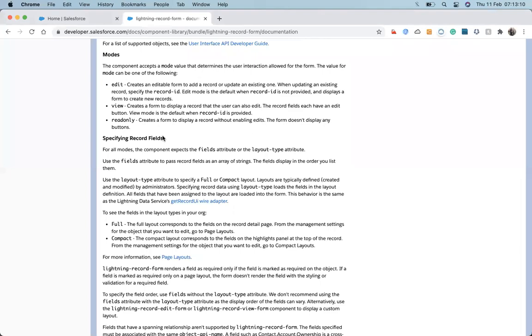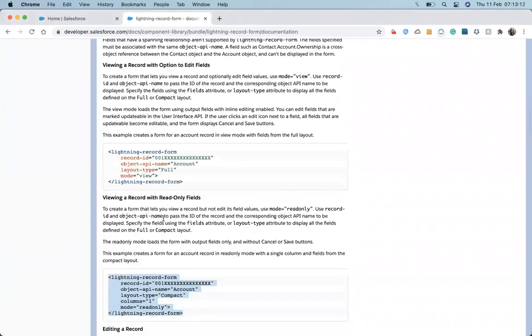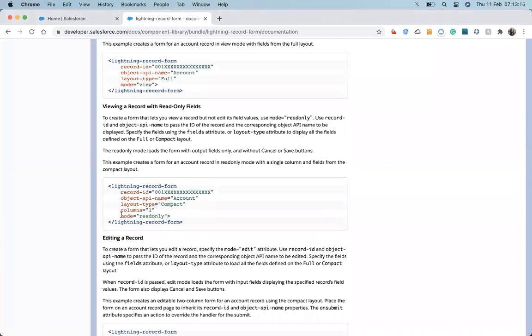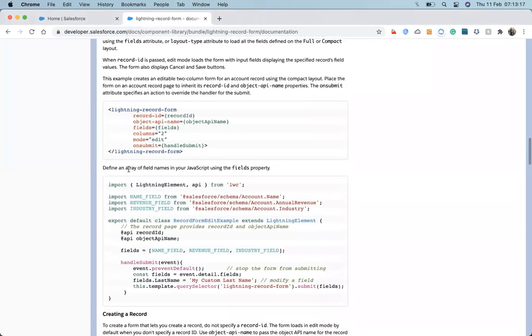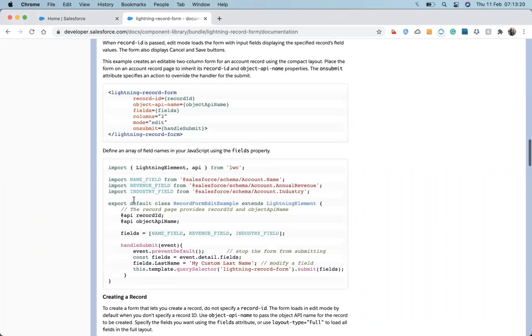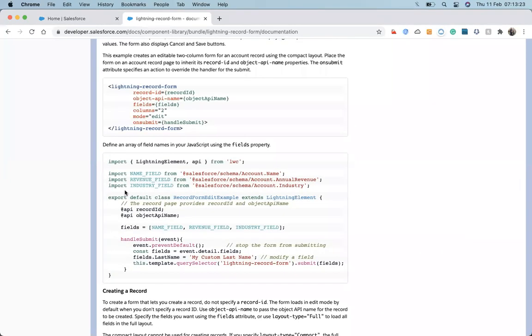Now in this form, let's work with the record edit form, and in the record edit form, let's work with predefined fields. So let's do some other things. There are some standard ways to get the field values and field names. There is one more way, a way to get the field names via the schema API. We can use the schema to get the field name from any of the objects. So let's try that.